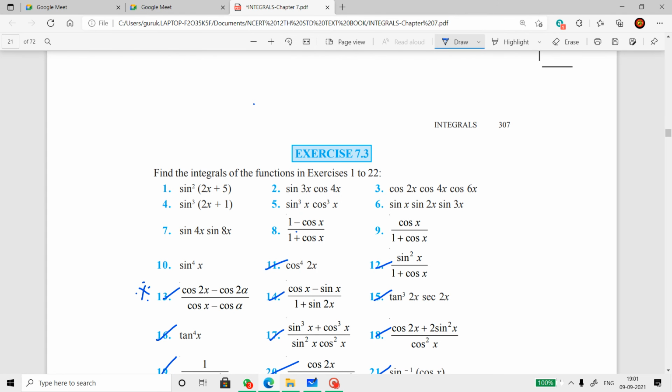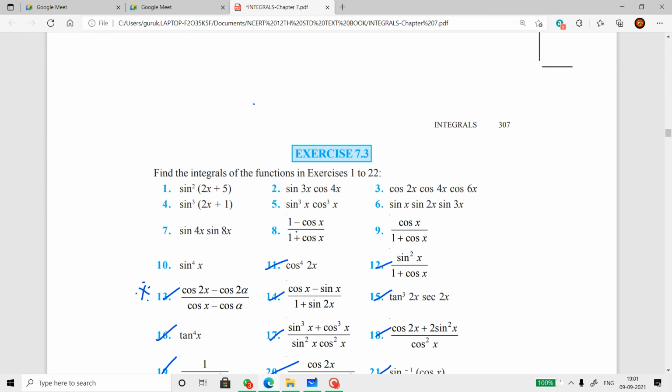Exercise 7.3 is completely over. Hope you understand each and every sum very well. Try to practice it more,